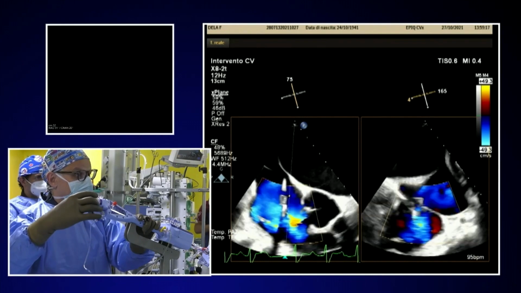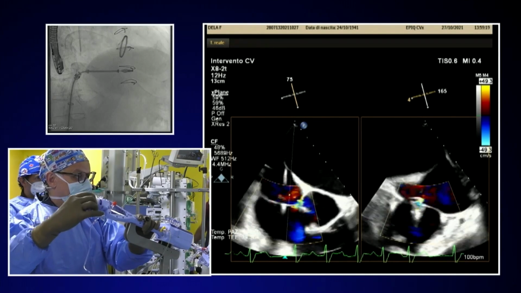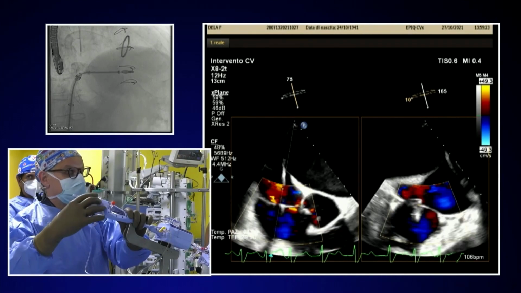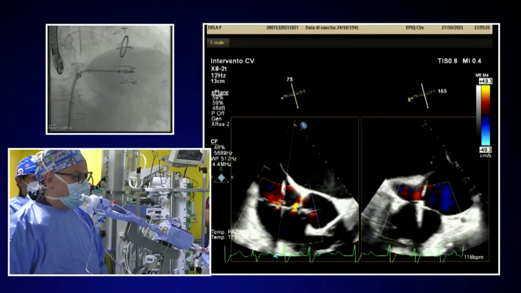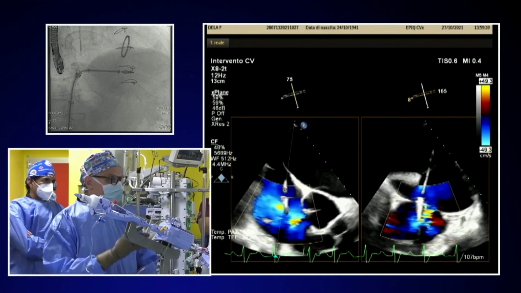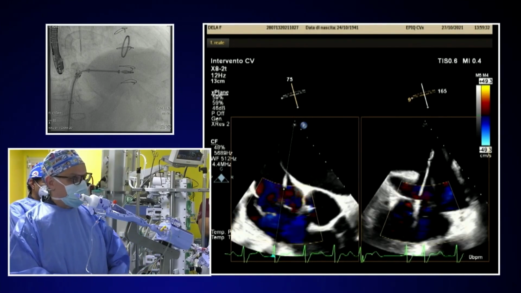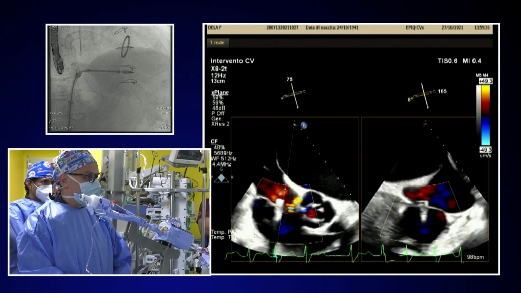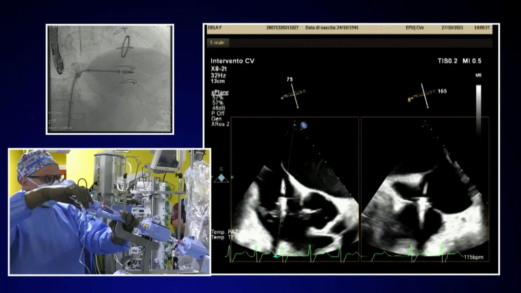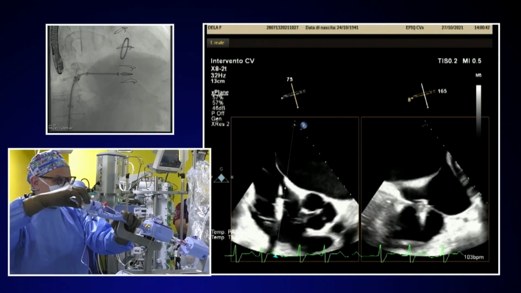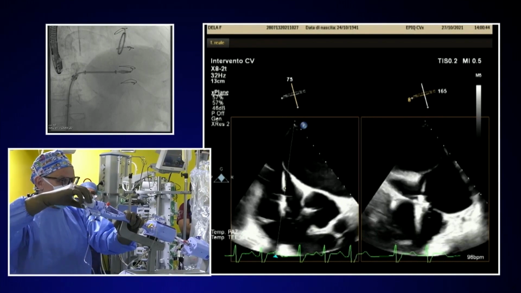Okay, I'm closing the clip now. And you see already that the central jet, which was the dominant one, is gone. Interestingly enough, there is a bit of a commissural one, which was not so visible before, but the main jet is gone. Let me just take a bit more of that, because honestly, we had a fantastic septal, but we